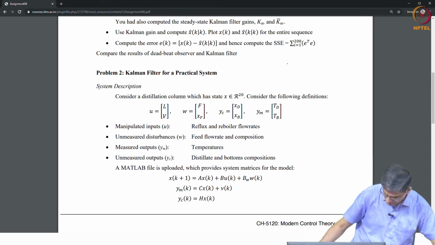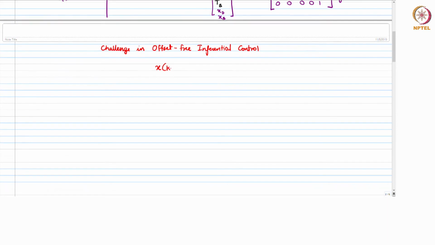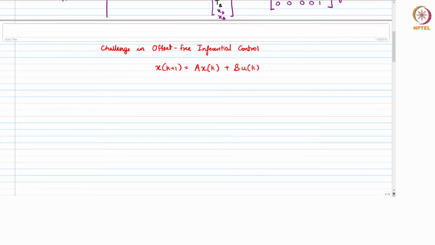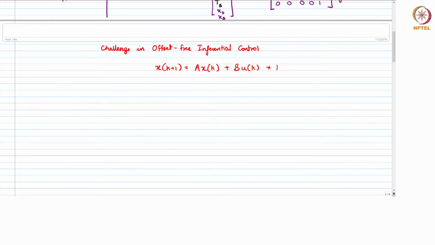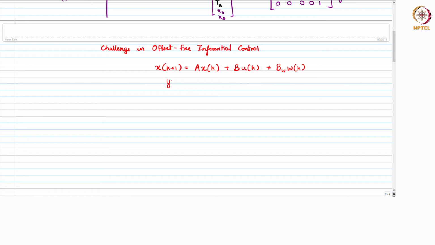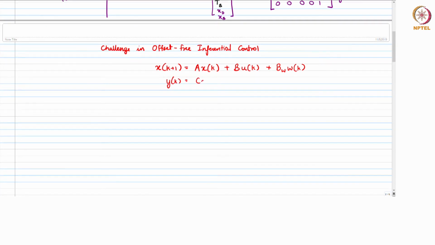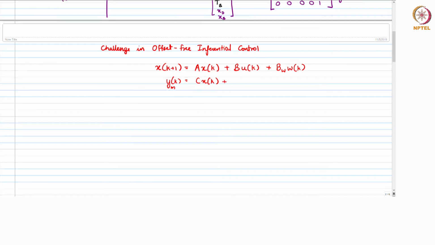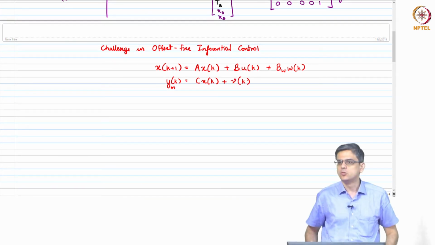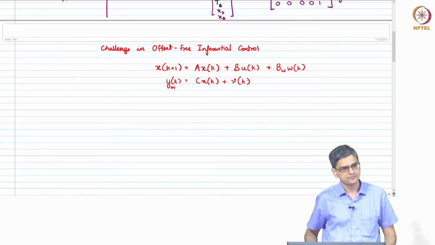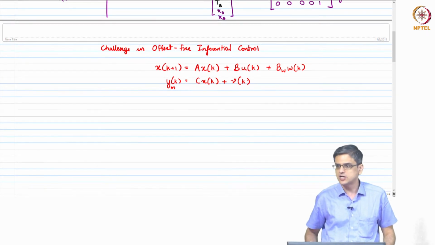The model is what we talked about when we talked about the theory for the Kalman filter.